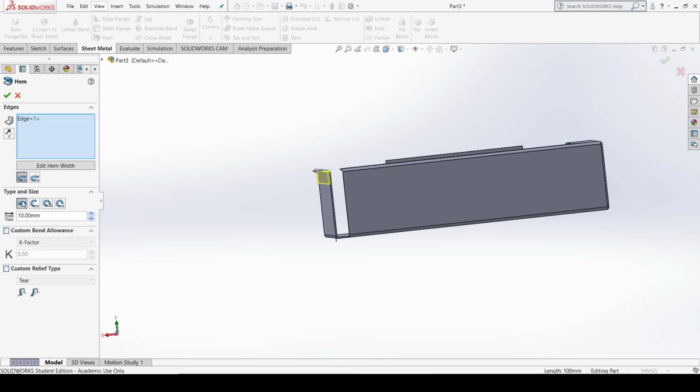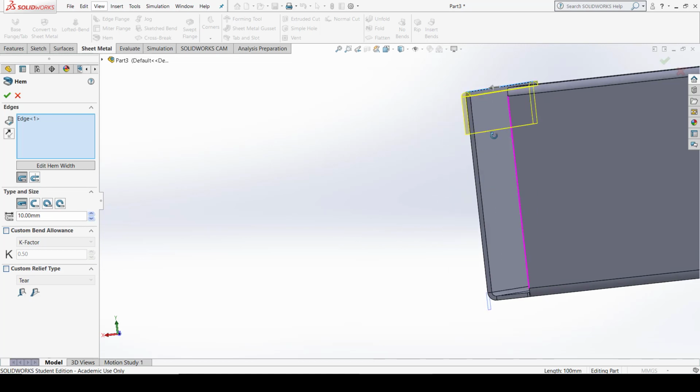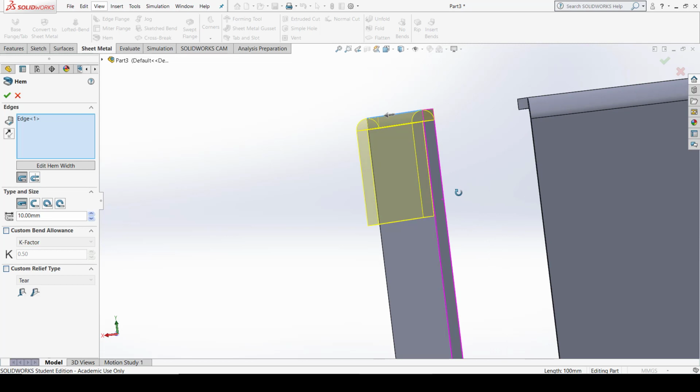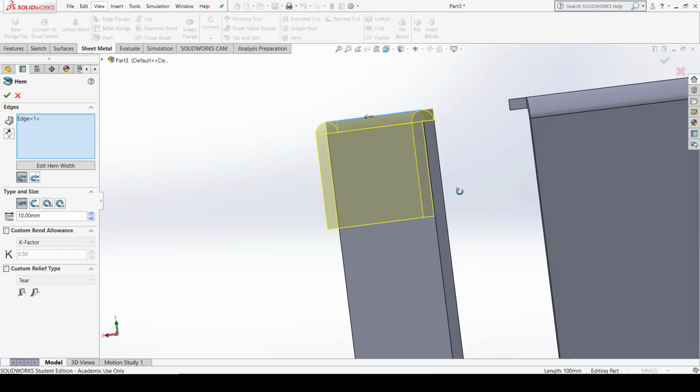Okay, now when I click closed here, you can see the hem is just pasted, or you can say it's just beside this edge flange. It sticks to this edge flange. You can choose the hem like material inside and material bend outside. So I select the material inside.